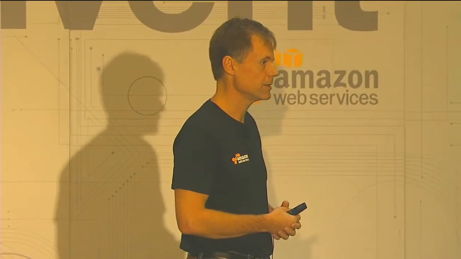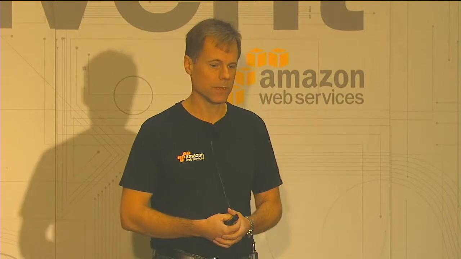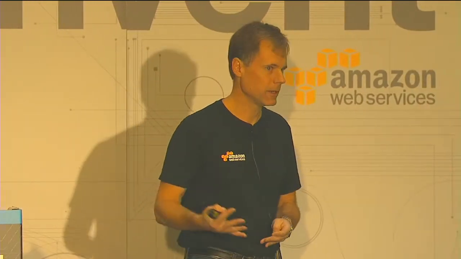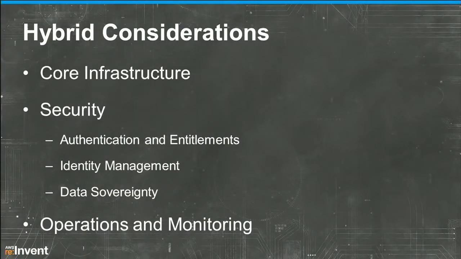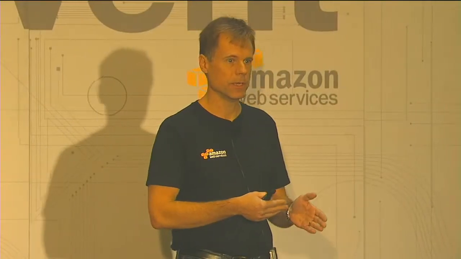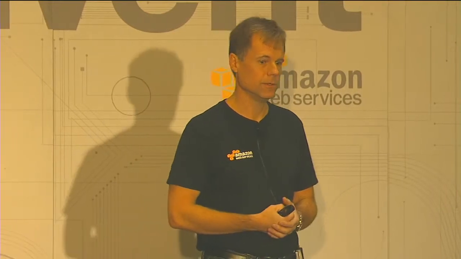Let's first look at some of the considerations as you're considering a hybrid strategy. It kind of helps lay the groundwork as we get into some of the strategies for orchestration and deployment. There's lots of considerations, and we're going to consider a couple of them today. Core infrastructure. How do you prepare your core infrastructure to start moving workloads into the cloud? Security. As Andy said again this morning, security is at the top of everyone's mind. It's certainly at the top of AWS's mind. How do you do authentication and entitlements and identity management? The people today that have the ability and the permission to do things in your data center, whether it be to allocate servers, to allocate storage, how do you extend those permissions into the cloud?